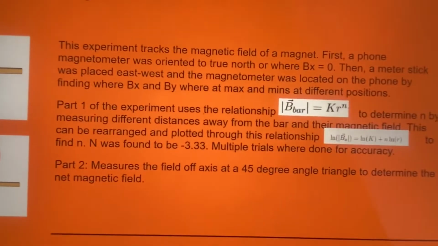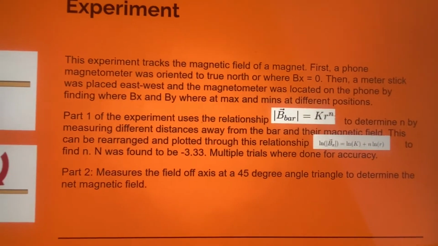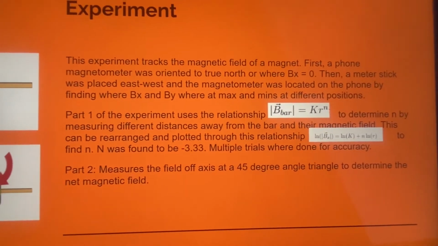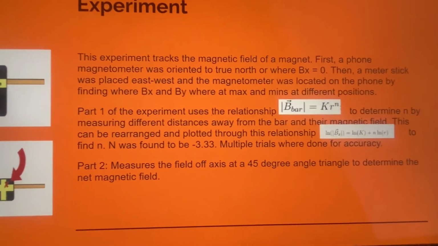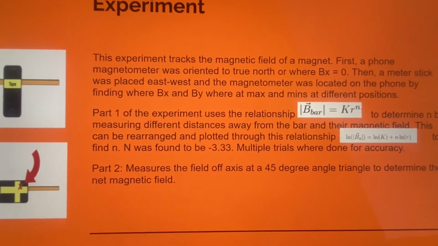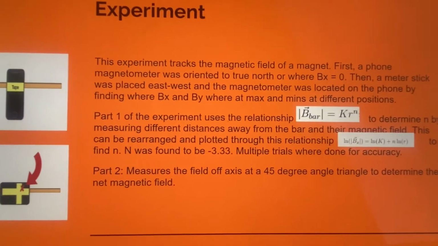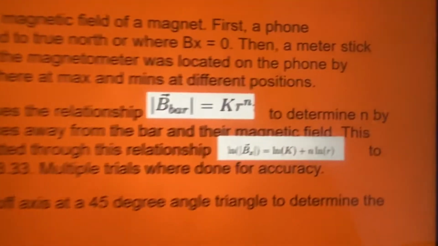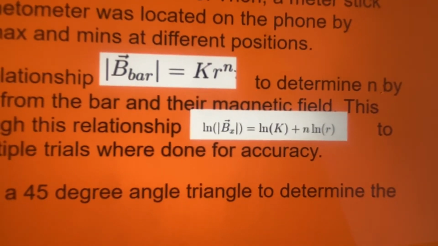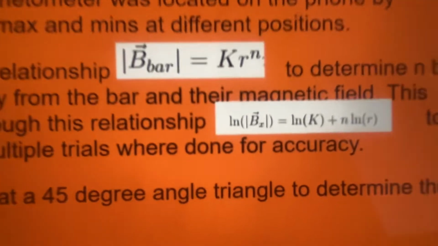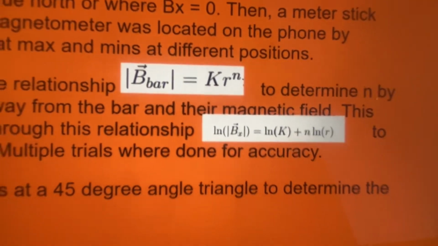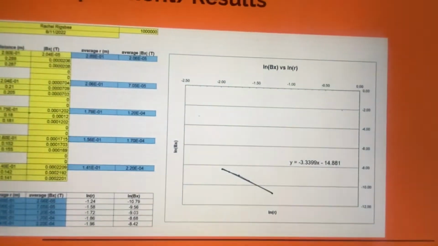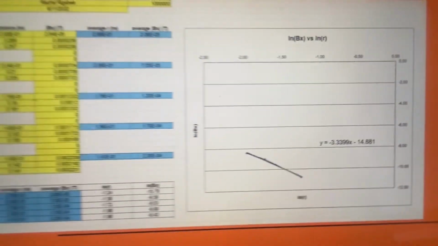And then part 1 of the experiment used the relationship expressed earlier, with the magnitude of B equal to some constant times r raised to the distance dependency number, to determine the distance dependency number. So multiple distances were measured and multiple magnetic fields at those distances were measured and then plotted by rearranging this relationship to have a linear look so that n would be the slope of this line. And n was found to be negative 3.33, as can be seen here, where we plotted the data that was